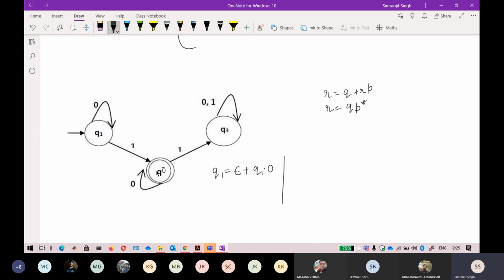Okay, so Q1, Q3, I think just consider this one as Q2. There is a little bit of error here. 1, 2, 3. Okay, so now I will take Q2 as this is the final state. Keep that in mind that this is the final state. You can get to Q2 by Q1 1 and Q2 0. Okay, Q2 0. I don't think that there is another arrow coming towards it, so that is finished. Now Q3, I think for Q3 there are 2, 0 and 1, so Q3 0 plus Q3 1, and there is another one, Q2 1.